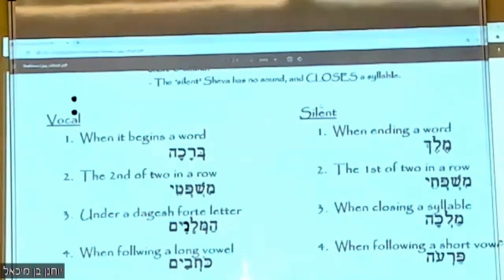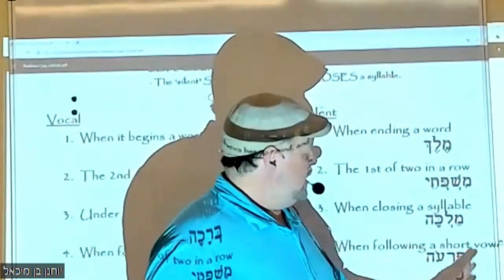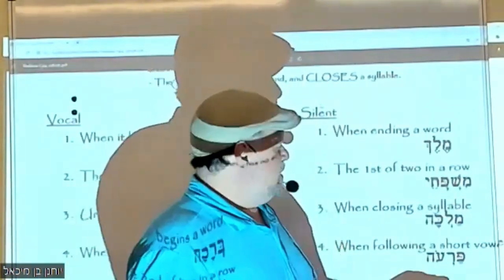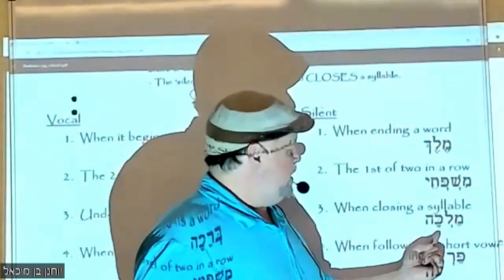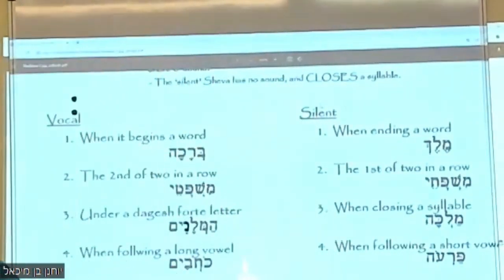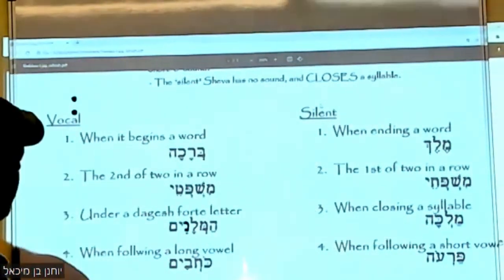According to our chart, it's silent, yeah? So we pronounce this mal, and we cut the sentence off. Mal. Then we have a kaf, and it's pointed kamatz, ka. So the word is malka, which means a queen. Okay, malka. All right, so we have melech, a king, malka, a queen, and then